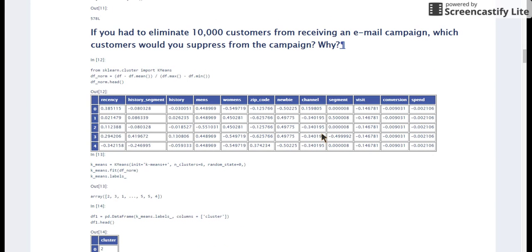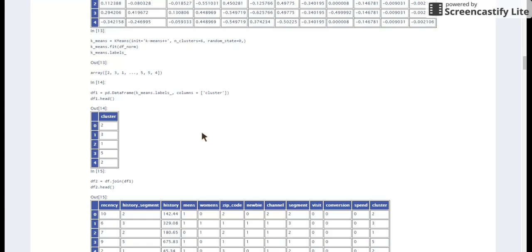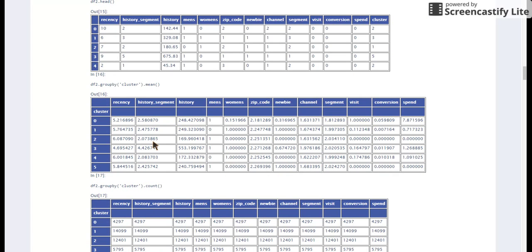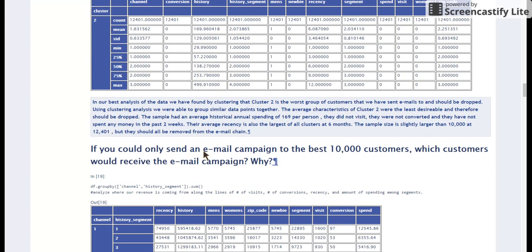Now, if we had to eliminate 10,000 customers from the emailing campaign, which customers would we suppress and why? We use clustering analysis to figure this out. We chose 6 clusters from a k-means algorithm and then joined that to the data after normalizing it. What we found, in the best analysis of our data, was that